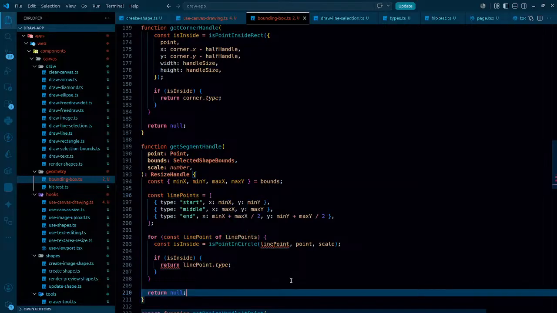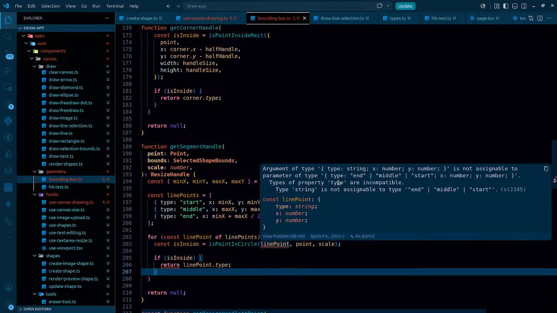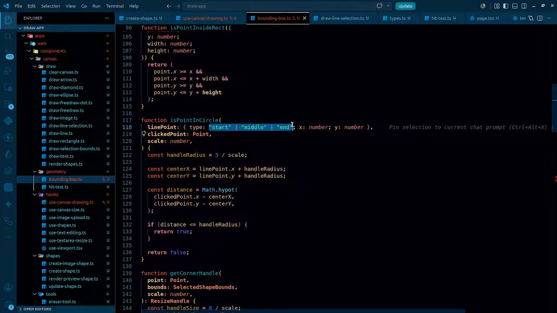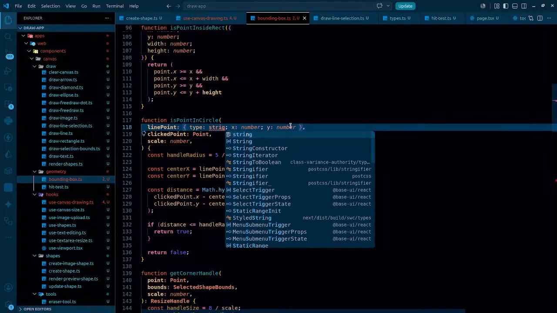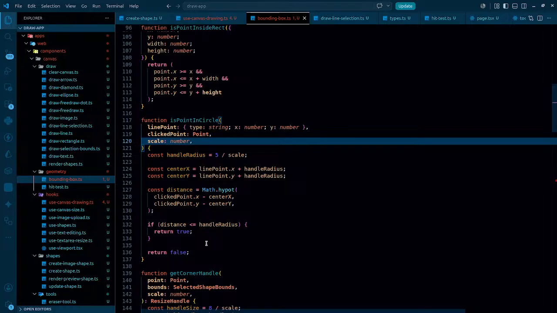It has type string. Okay, that's fine. So let's keep it string only, just like this, and